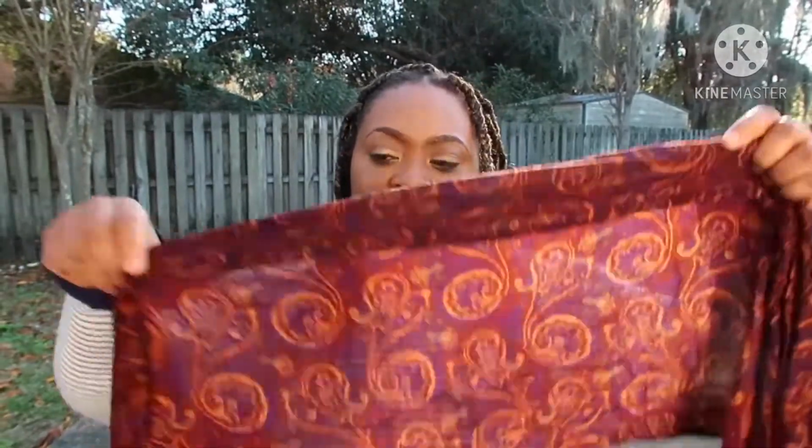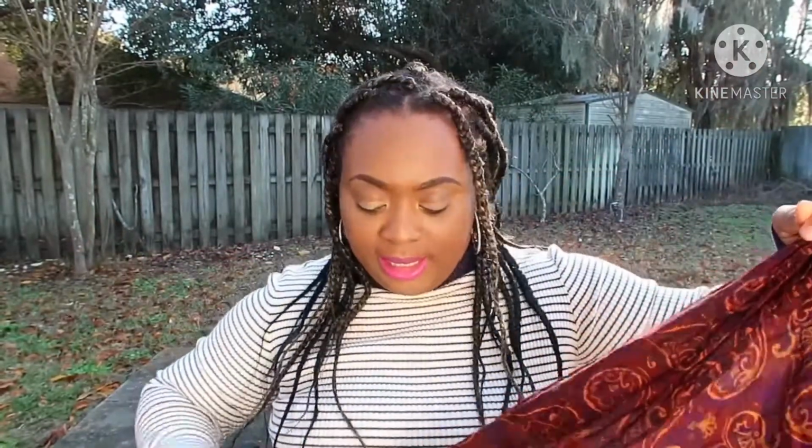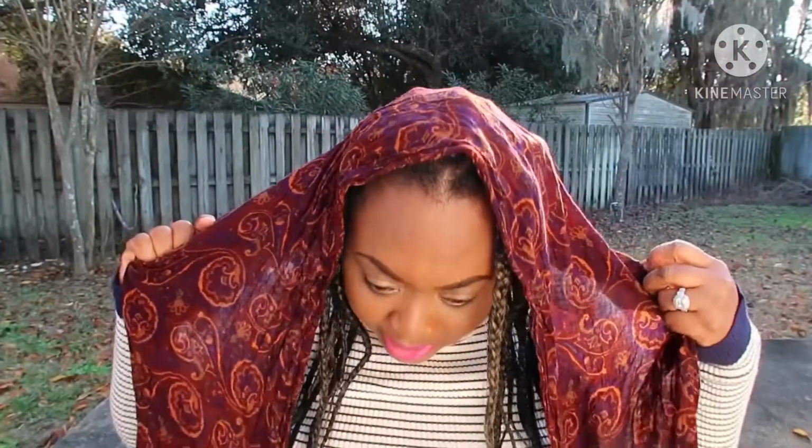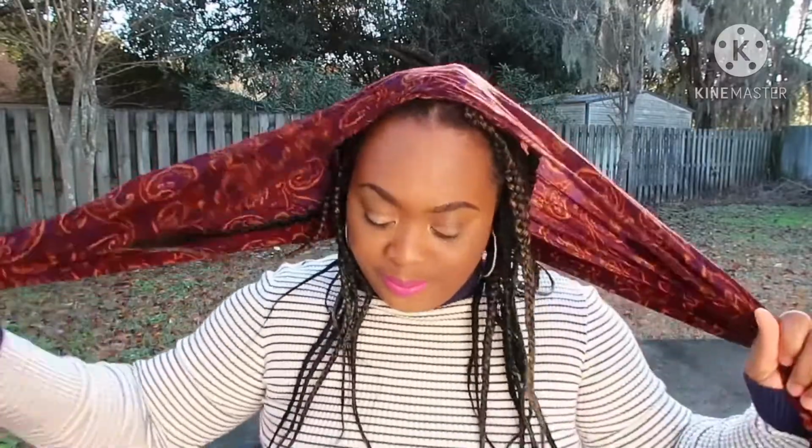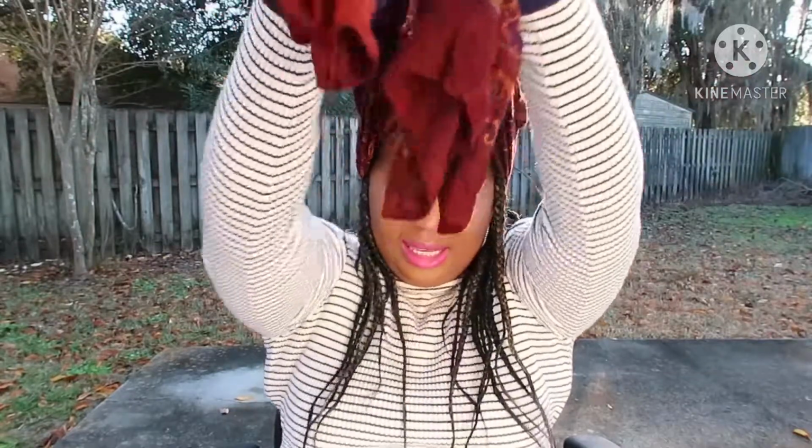Okay, let's go right to the third one. So I'm going to take this out. Let's jump to the third one. So for the third style, I have my head wrap ready, my scarf ready. So I'm just going to take it like this to the back, put it at the back of my head, like this, and make sure it's equal on the sides, and then cross it like this,